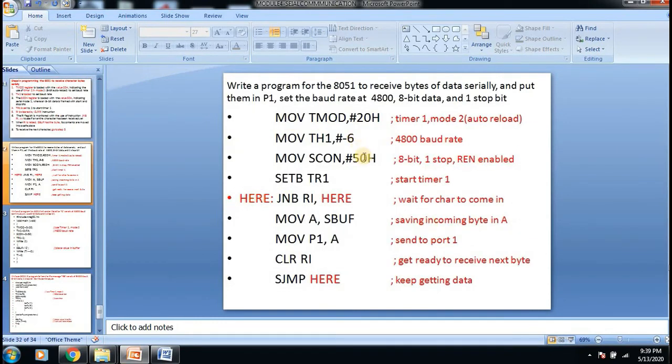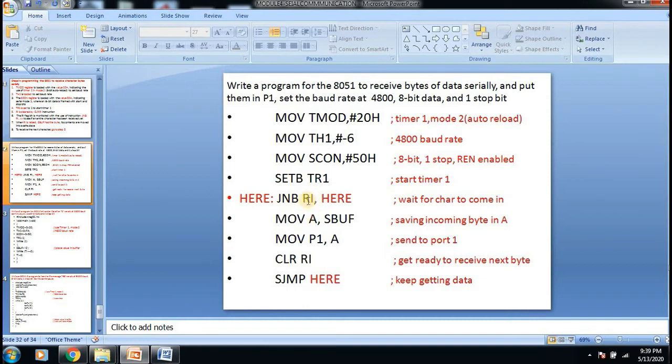Next, SCON is loaded with 50H, then we start the timer by setting the bit TR1. We are monitoring the receive interrupt flag, just to check whether the complete character is received or not. Once the character is received, the 8051 will raise this flag and come out of the loop.